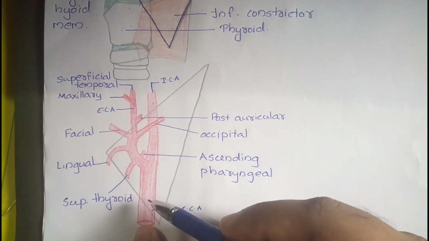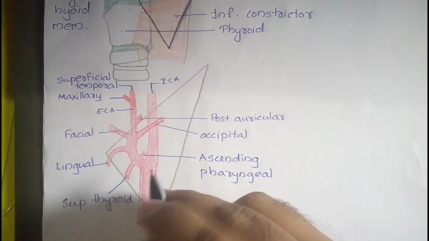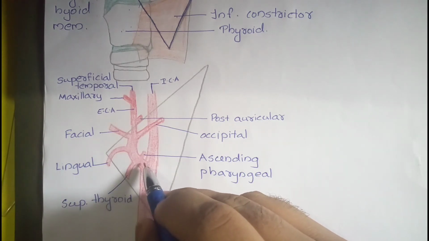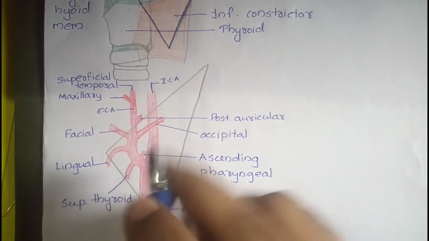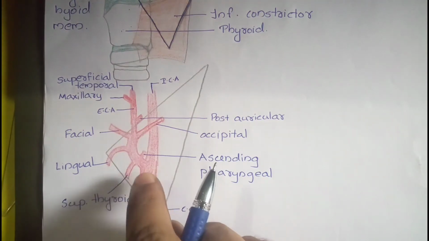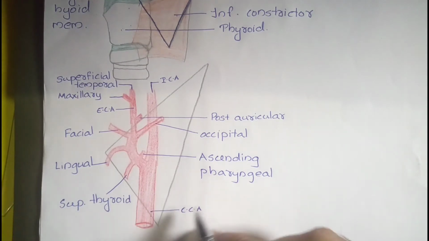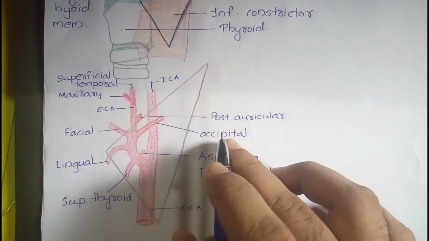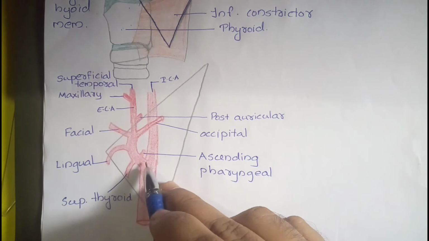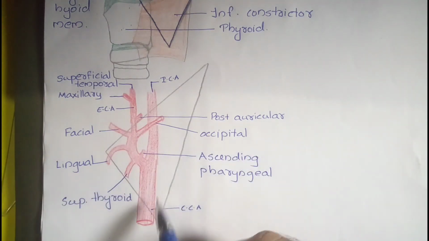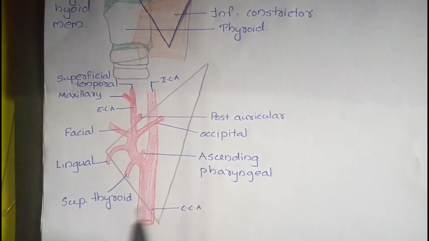The arteries include the common carotid artery, and there will be a carotid body and carotid sinus present in the common carotid artery at its termination. We will discuss the importance of the carotid body and carotid sinus in a future section, where I will take a class on the common carotid artery, external carotid artery, and internal carotid artery. For the time being, you just need to know that there's a carotid body and a carotid sinus present in the common carotid artery at its termination.